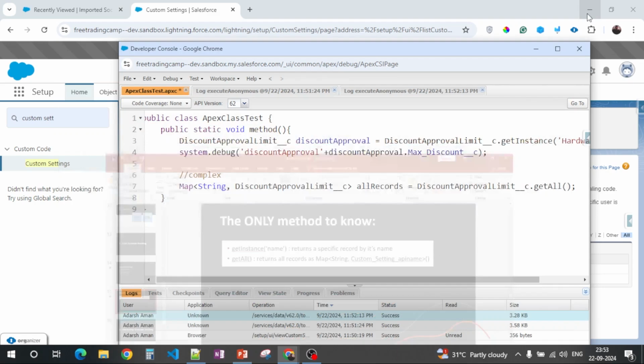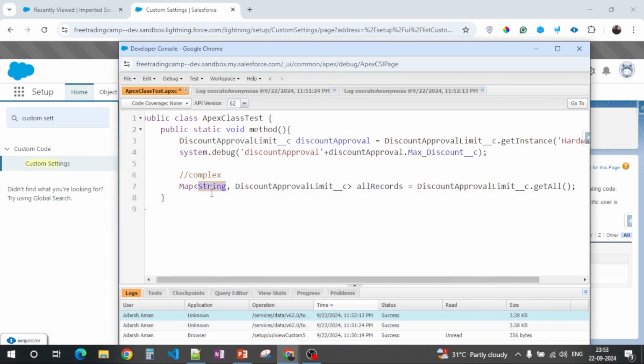So now you might be wondering why the string is used as key and this as value. The string will store the name of the record. So the first record has the name hardware, so it will store it as hardware and then all the field values of it. Then the next one is software, then all the fields of it, right?